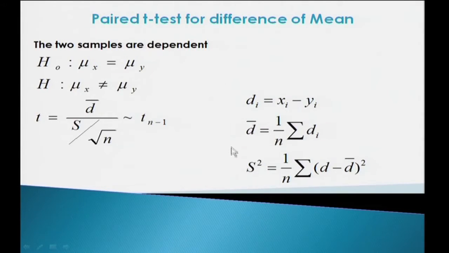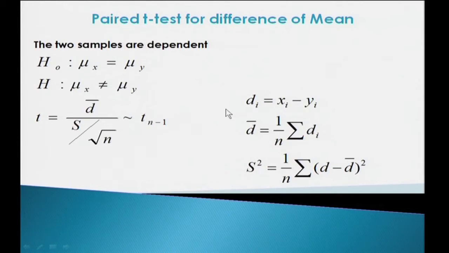You can make a table: first write all xi values, all yi values. Please make that table yourself right now. Xi column, yi column, then di, then d bar; then for the di values, you subtract d bar from each di value, one more column will come, and then in another column you write di minus d bar whole square. That would be the final column, and from there you will get S square. Once you have S square, you can get S, and S by under root n will be the standard error. So this will be T.